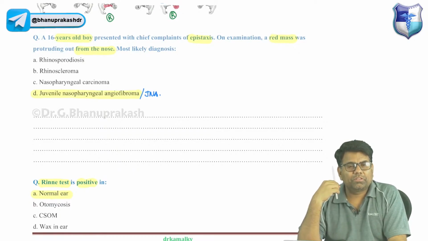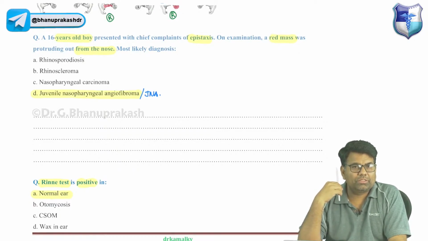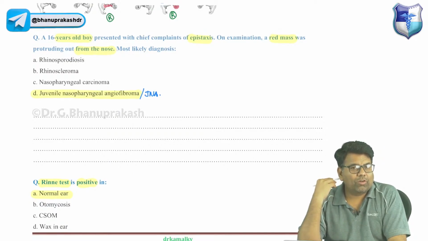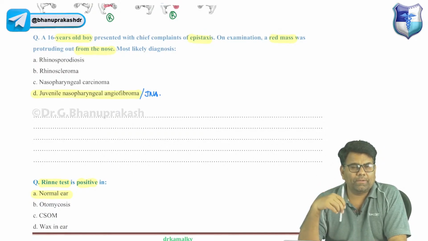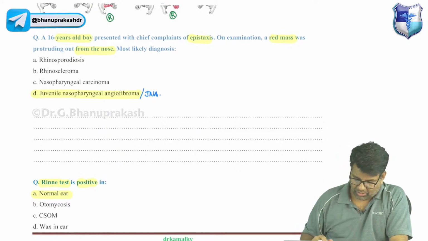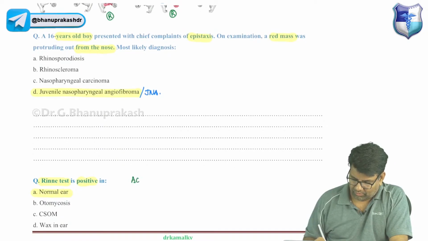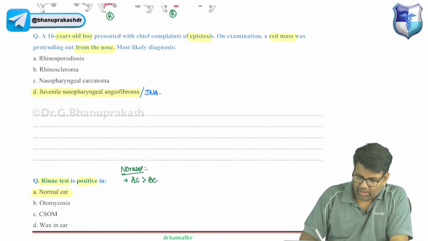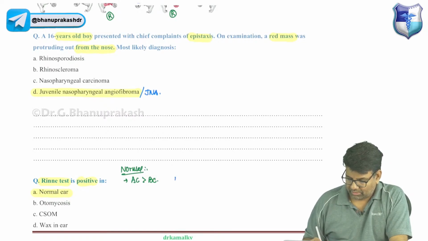And normally, a person should be able to hear the vibrations when it is kept in the canal or external auditory meatus. Now, when we keep the tuning fork over the mastoid process, we are checking bone conduction. And when we are keeping the tuning fork nearer to the external auditory canal, we are checking air conduction. So, in a normal person, air conduction is always more than bony, right? So, in a normal person, air conduction is more than bony conduction, and this is known as positive Rinne